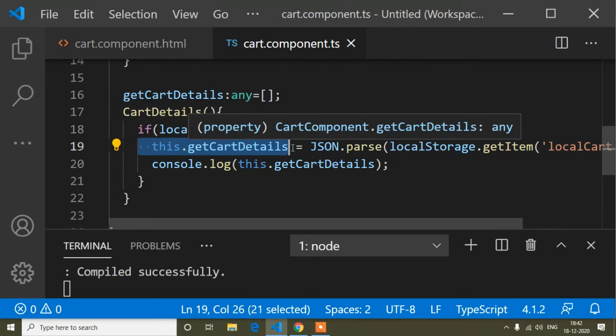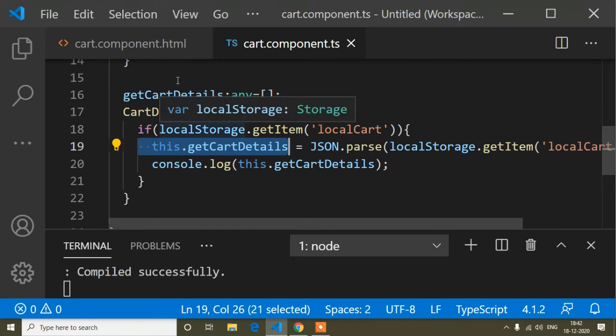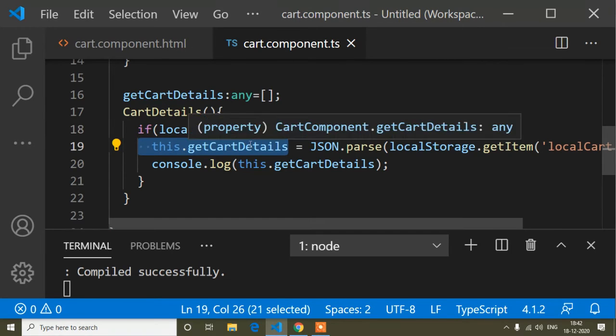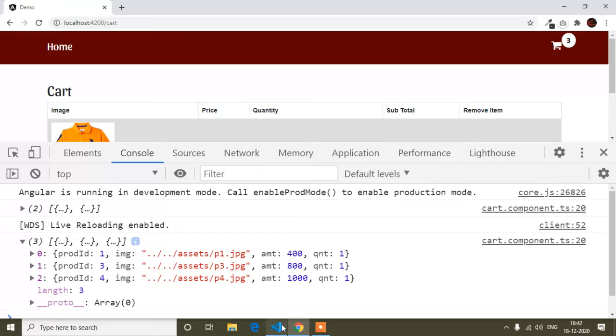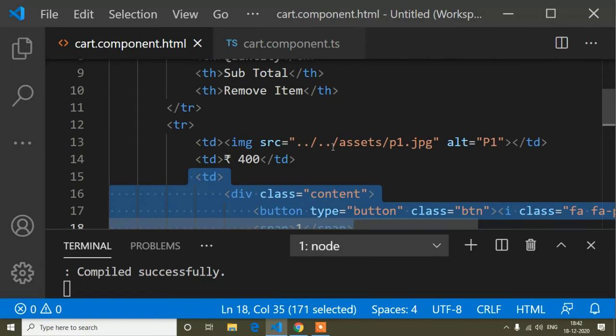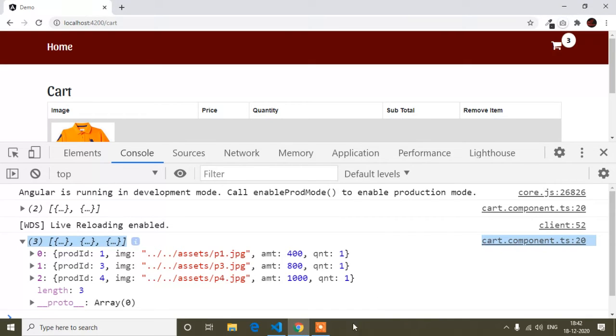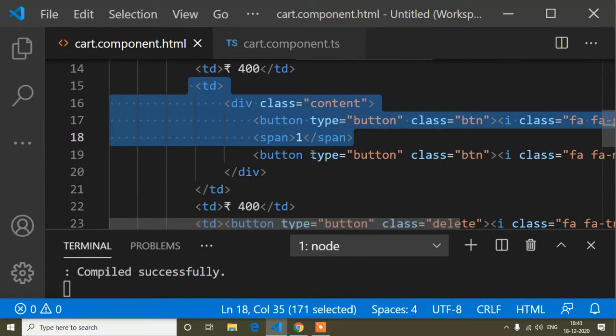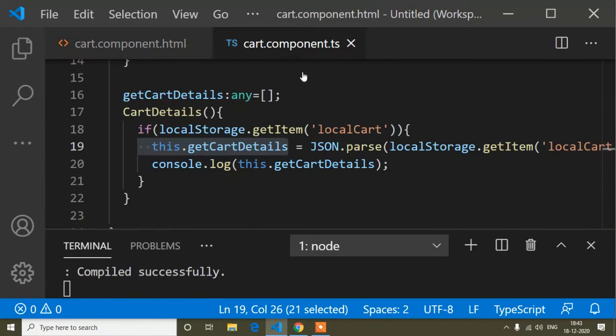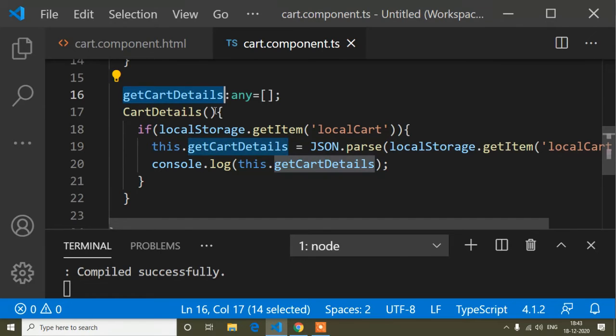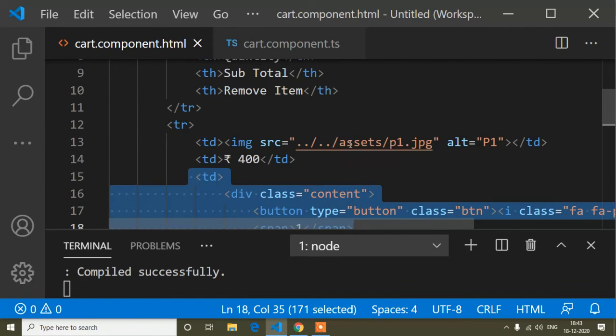Now I have to take this value which I'm getting here and write it in our HTML. Now it's static, so I have to make it dynamic. Here I have to write a for loop, and the value I will get from there. First of all, I have to write a for loop. I'm storing all the values in this variable, so I will copy this variable, and guys, I think you know how to write an ngFor of loop.